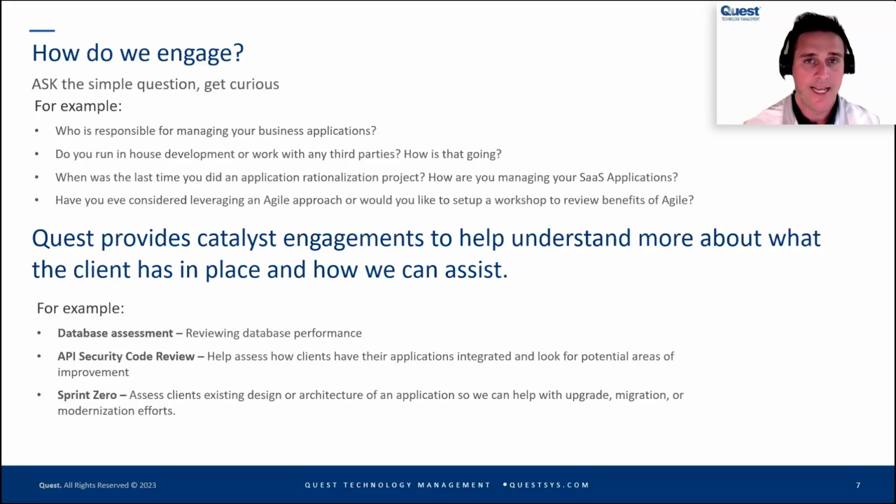So you can't start an app dev project, a design project, a modernization project, a migration project. You can't start any of those engagements from an app dev standpoint without knowing what you have today. So Sprint Zero is a great opportunity to basically help organizations decide how they're going to upgrade, how they're going to modernize. It gives them a good snapshot of where they are today and the level of effort it's going to take them to get to a modernized application in the future.